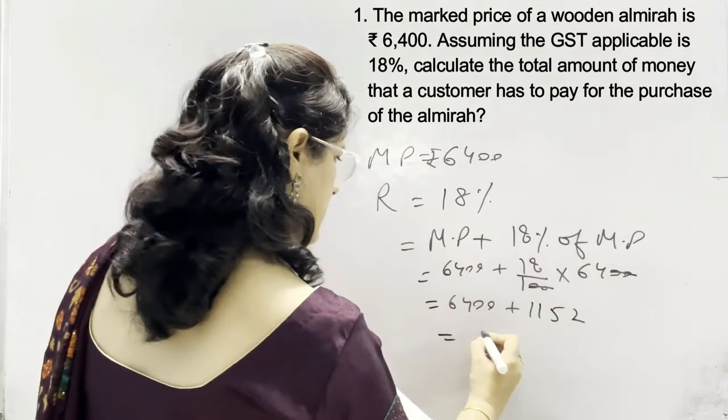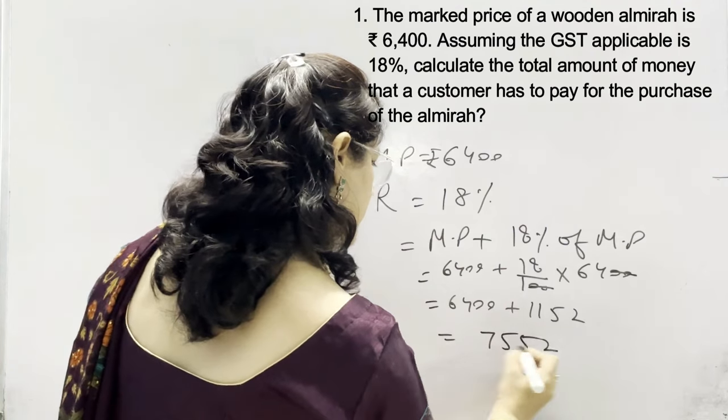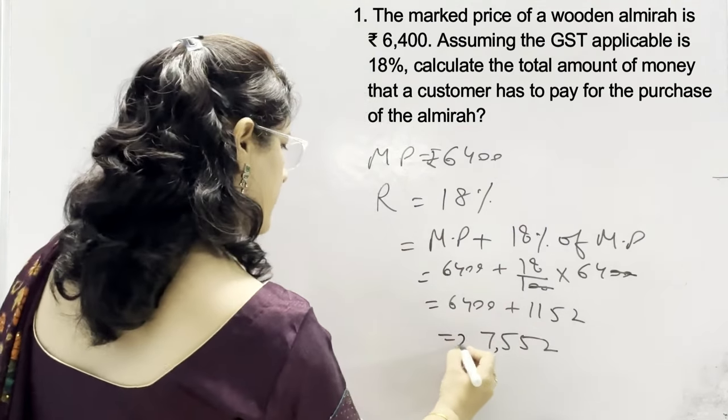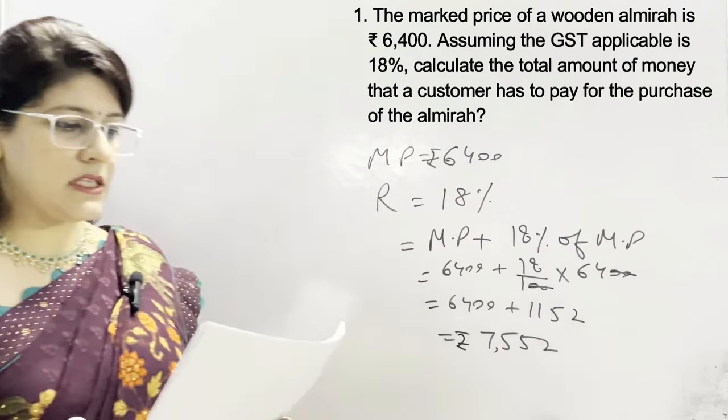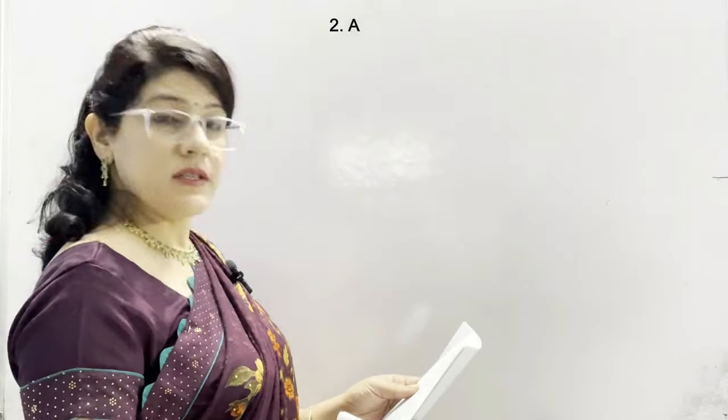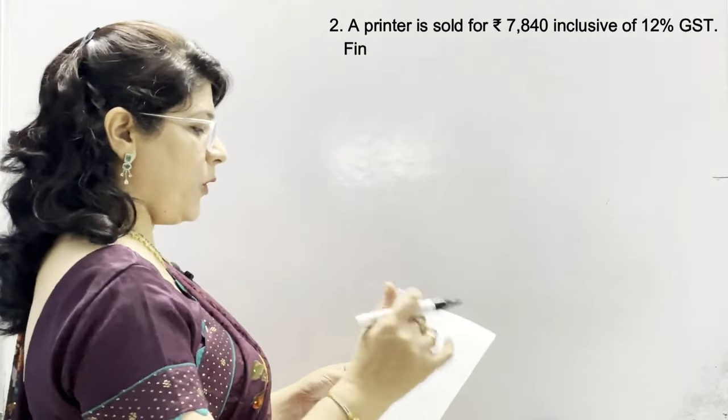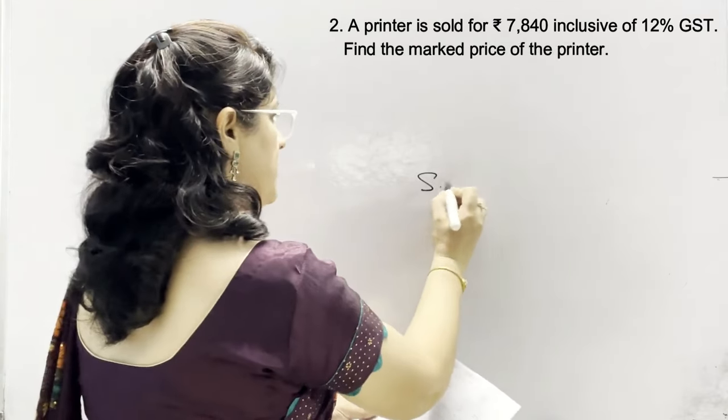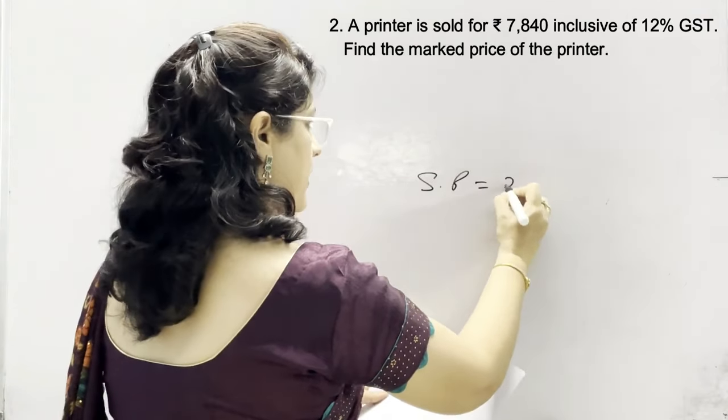So 6400 plus 18 into 64 is 1152. So correct answer is 7552. 7552 rupees is the correct answer which a customer has to pay. Second question, a printer is sold for rupees 7840. It means selling price of printer is rupees